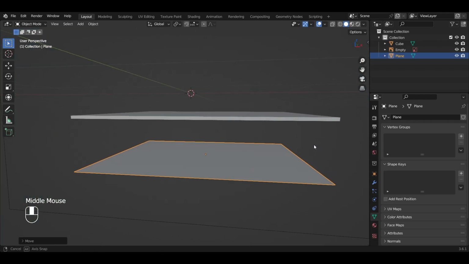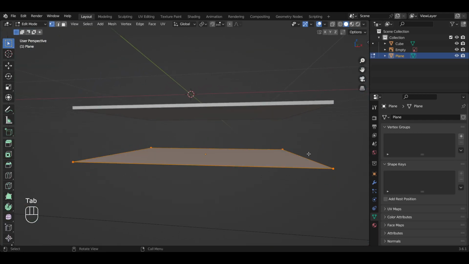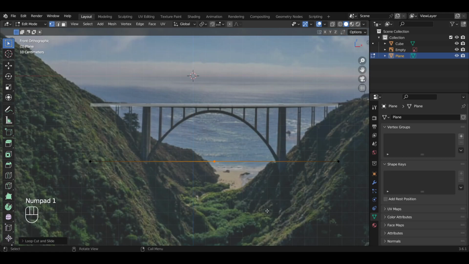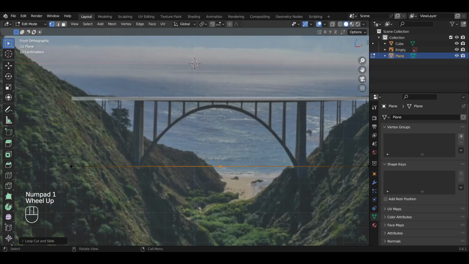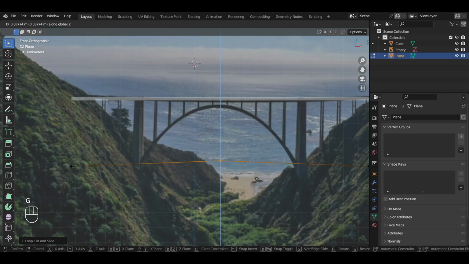Now, let's slightly switch our viewpoint and go into edit mode and add one loop cut down the middle. If you forgot about loop cuts, you go Control R, hover around the edges, left click once, and when it allows you to choose where to put the loop cut, just right click to cancel. Now, with the loop selected, let's move the loop vertically upwards by pressing G, somewhere here,